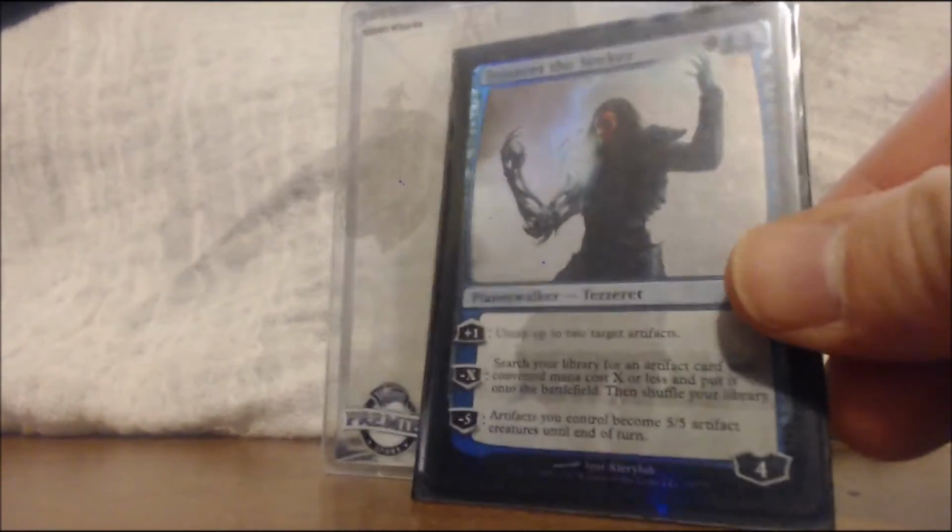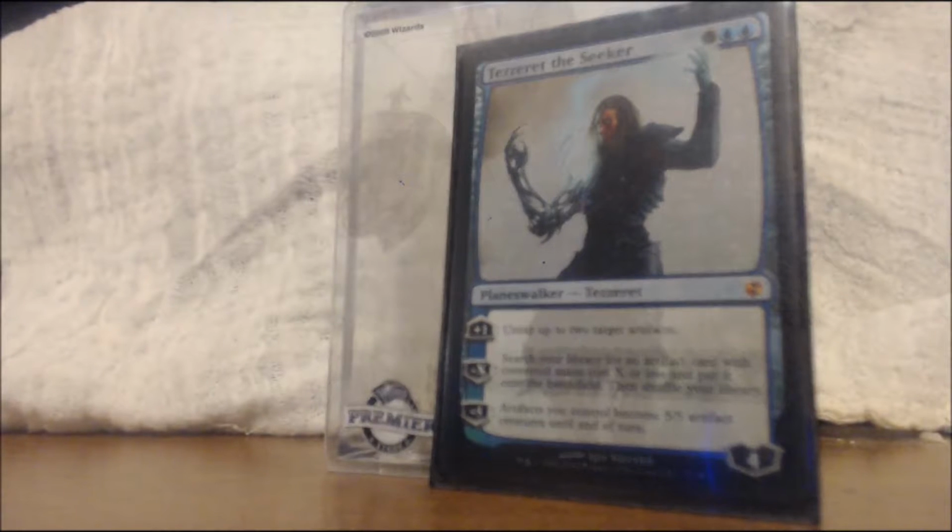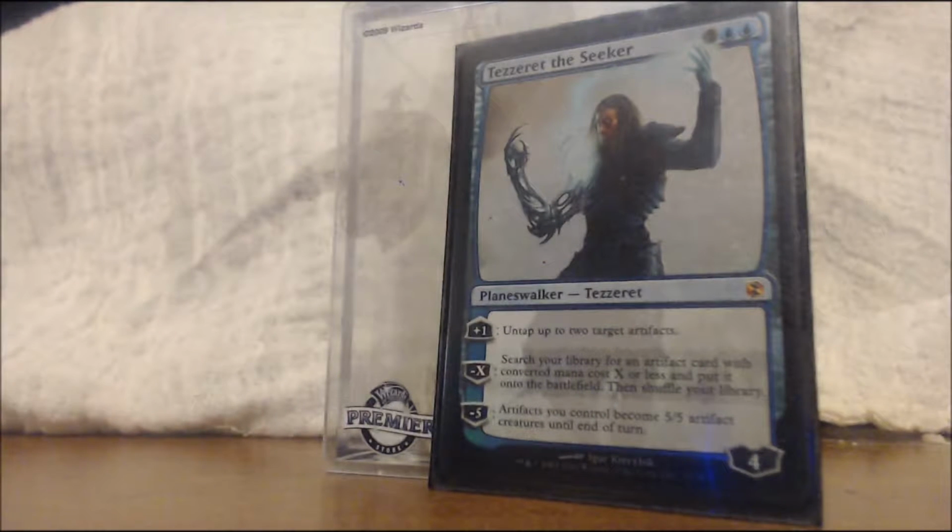Tezzeret the Seeker has probably proven to be the most powerful on his own. His ramp abilities allow me to play the larger costed spells in this deck. The best targets for it, obviously, are a really large Everflowing Chalice, Thran Dynamo, and Gilded Lotus, just fantastic. The -X, usually you'll use it for 3 to get an extra planar lens or to get the Everflowing Chalice,